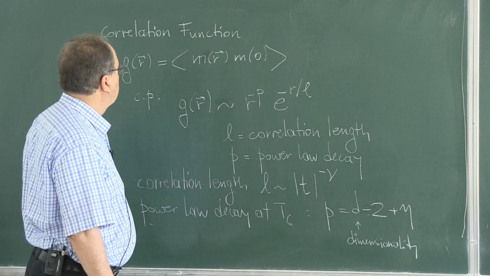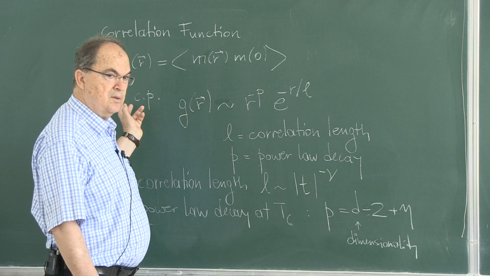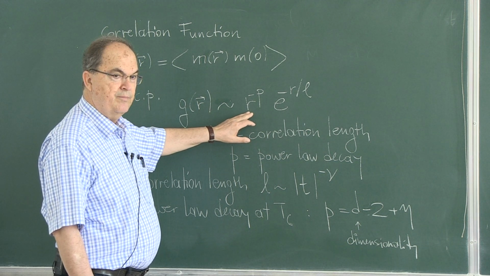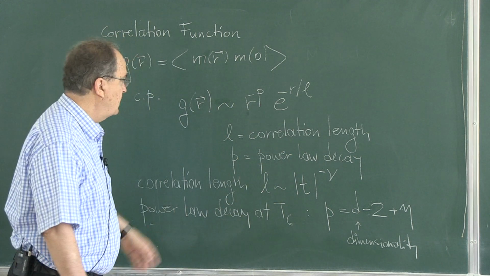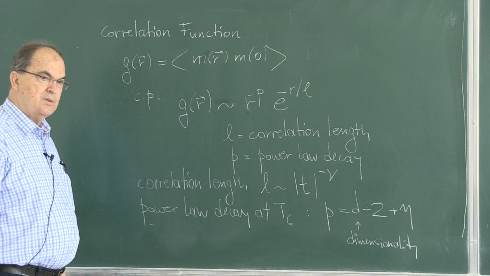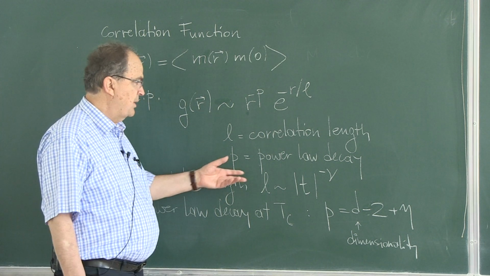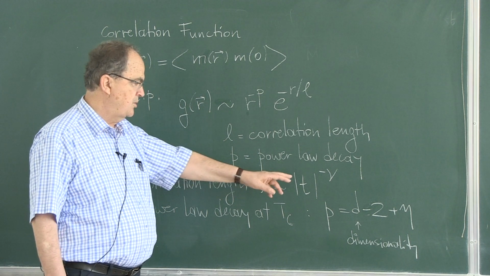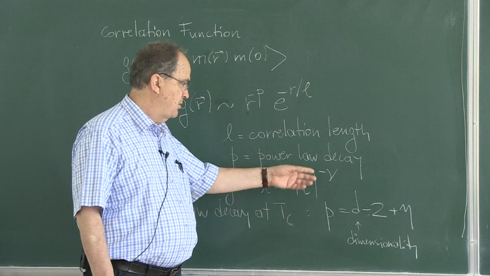This correlation function, in the vicinity of the critical point, goes like R to the minus P times exponential minus R over l. The small l is the correlation length, which diverges at the critical point, and P is the power law decay. So for both of these quantities we have exponents, l diverging like T to the power minus nu,